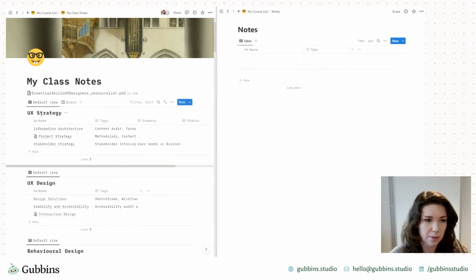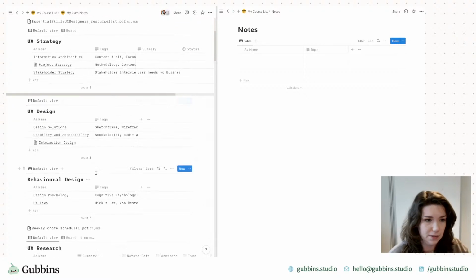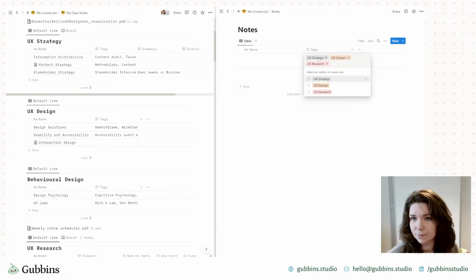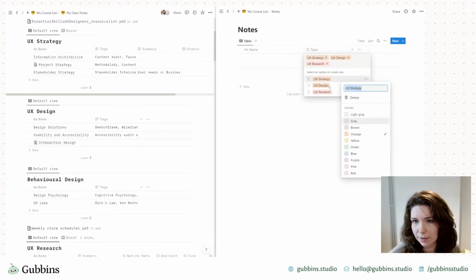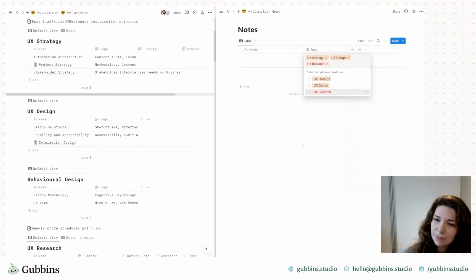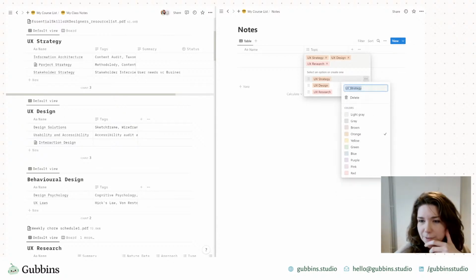So as an example, for each of these topics, I'd be tempted to make a new tag here. Yeah, let's just leave them all different for now.